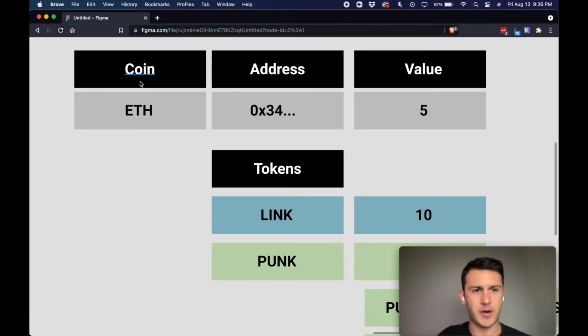The coin is the parent, and then you have your tokens within. Another example could be Matic or Polygon, or BNB Smart Chain. Whatever your parent coin is, that's what you use to pay gas fees to